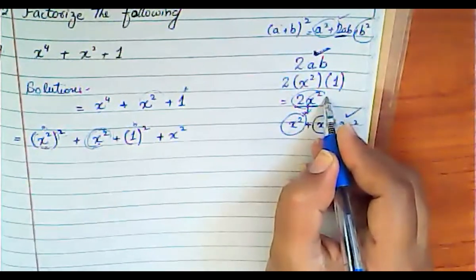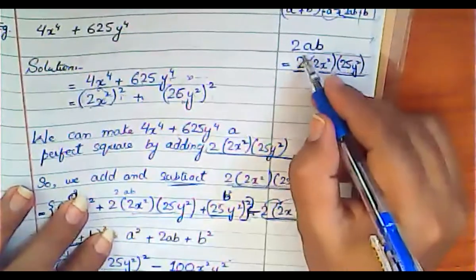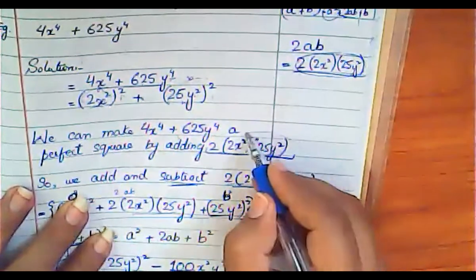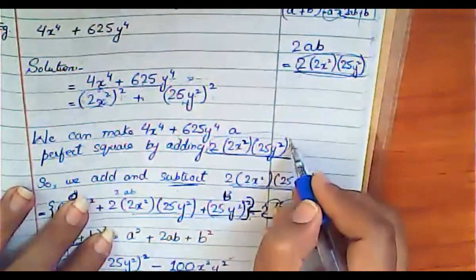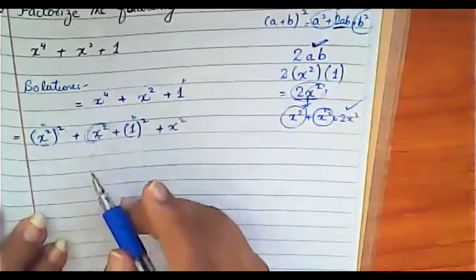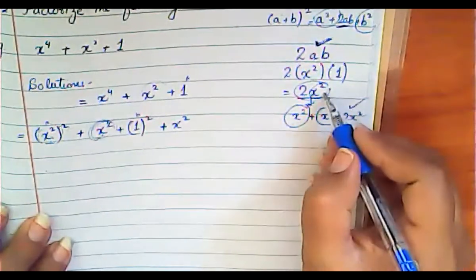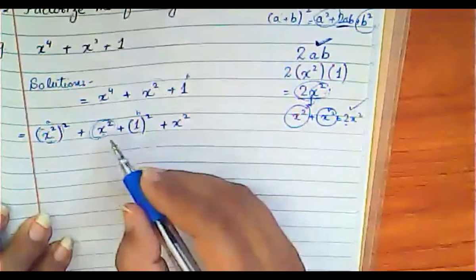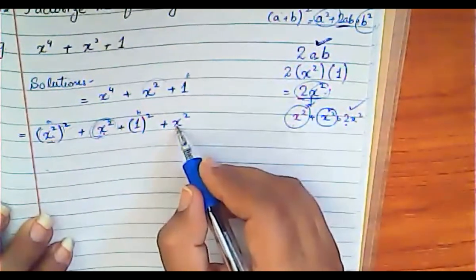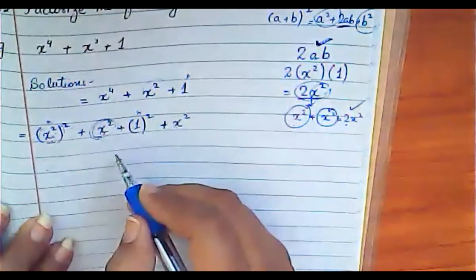If we are moving towards the previous question, remember, this whole middle term was missing. So we will add this missing middle term. Here you have a middle term, but something is missing, which is 1x square. The middle term should be 2x square, and we have only 1x square. So simply we will add x square here. It will become x square plus x square, which is 2x square.